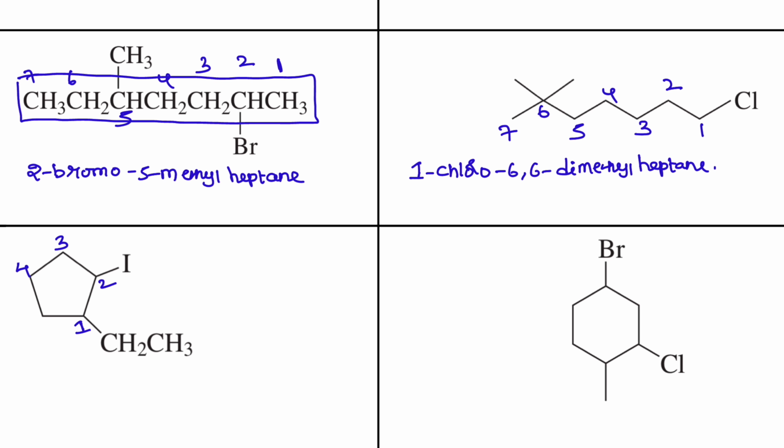So based on that, ethyl containing carbon should get the more priority. So this is again not at the cost of least locant rule. So this is 1-ethyl, 2-iodo,